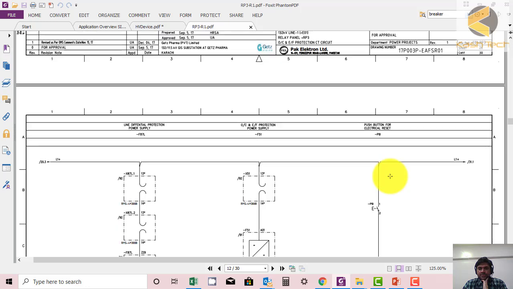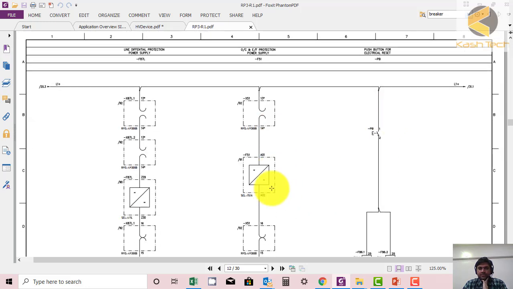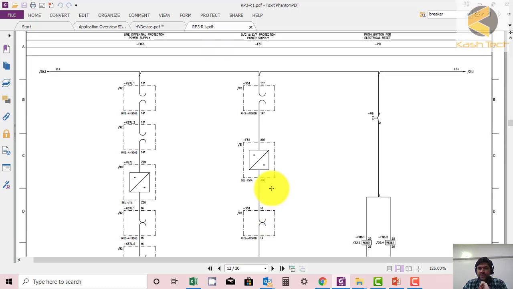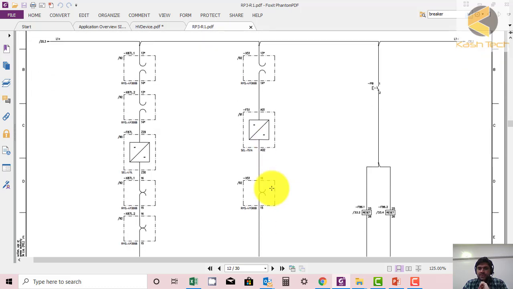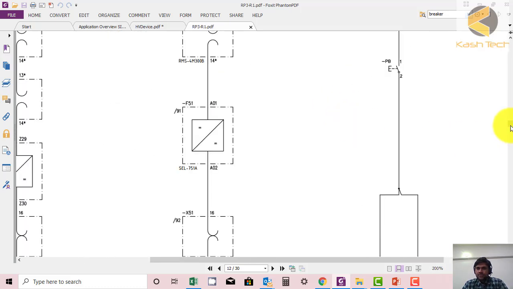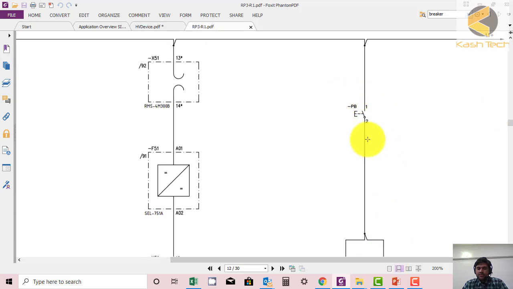Okay, so you are now understanding what the different components of the protection system in the drawing are, and which relays we are using: auxiliary relay, protection relay. Okay, this is the push button PB. Let us zoom in for you on this symbol also. This is a push button. When you push it,